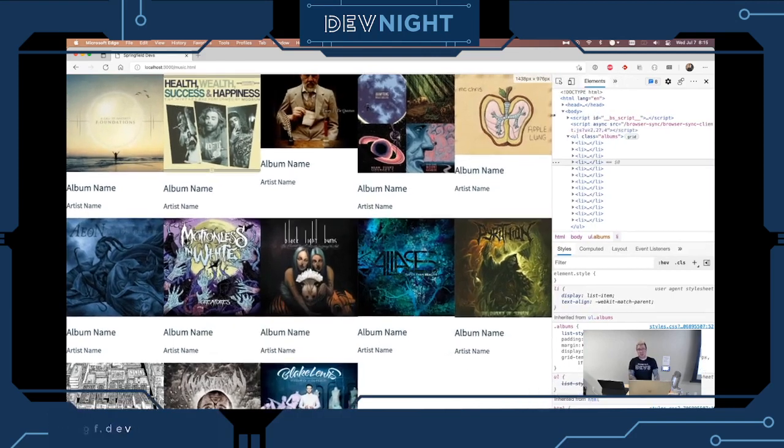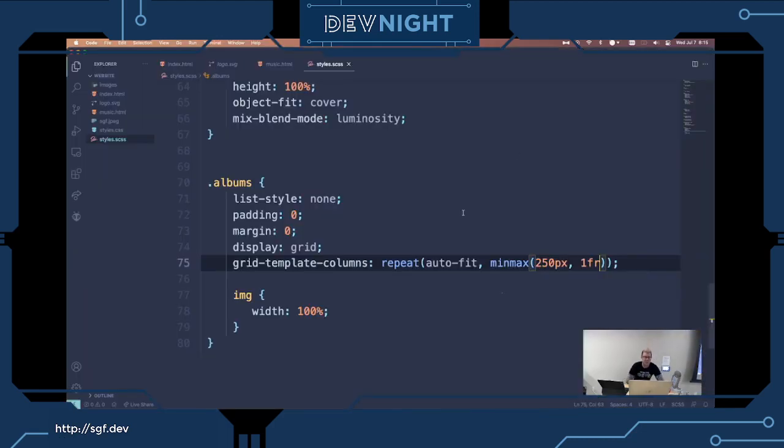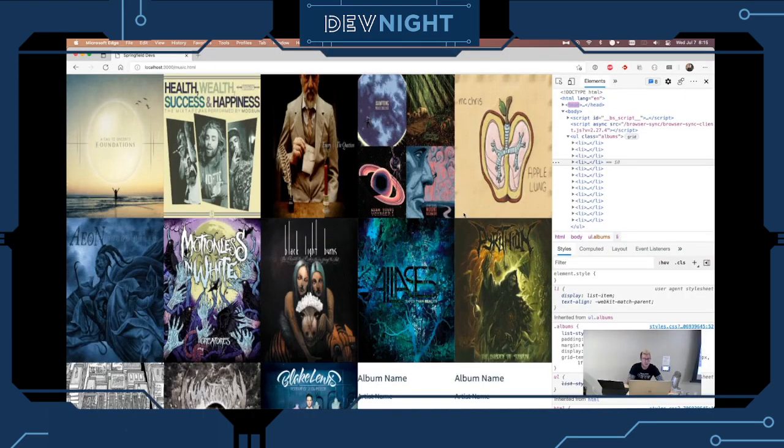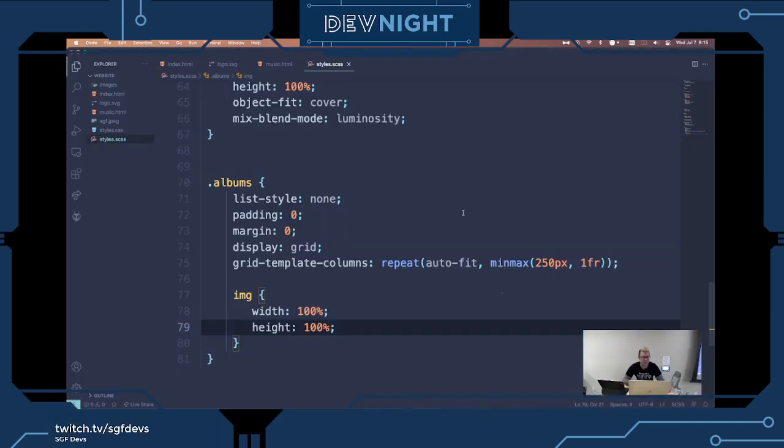So we'll polish this up with just a couple more things. Notice that our text is a little weird. Some of these album artworks are janky, and some are smaller, whatever. So we can fix this up in a few ways. So first on the images, I think we can just go height 100%, and that should, that filled some of that. Actually, let's